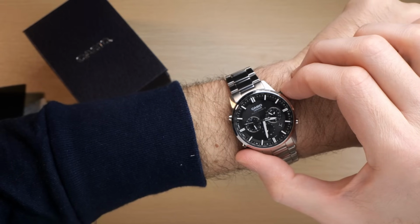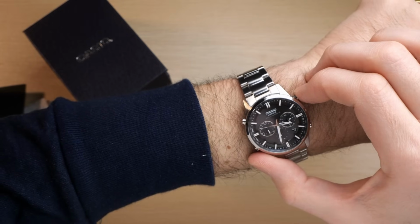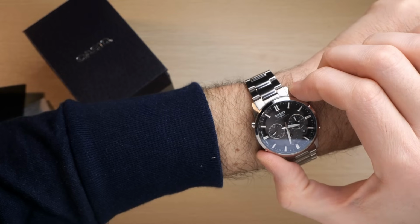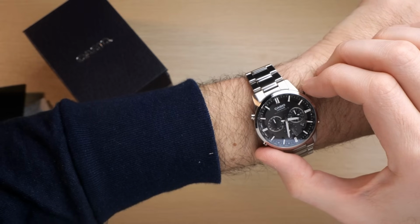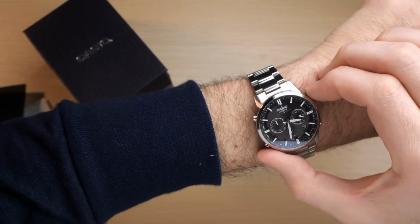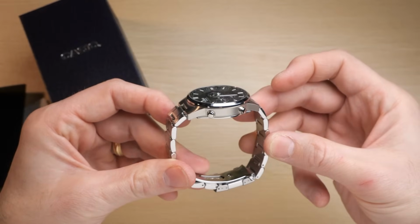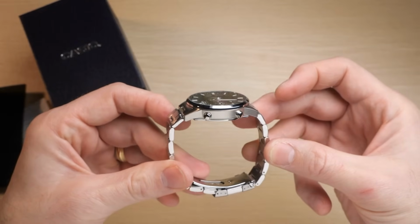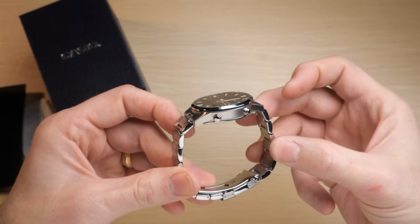The only real drawbacks to this watch that I found is that it does take a while to figure out how to use everything, and there is some lag. It takes a couple of seconds for the subdials to reconfigure themselves for each mode, so you're going to be waiting more often than you would on a digital watch or a smart watch. One final drawback is that the clasp only features 2 micro adjusts, and for me, 3 is really the minimum that I'd like to see for being able to get a good fit and having some flexibility to adjust with